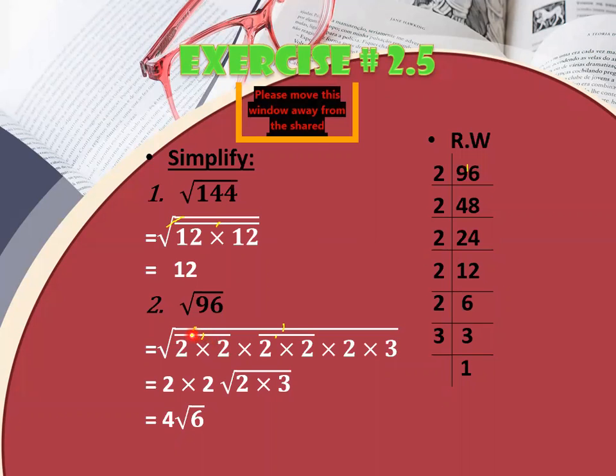Okay, by making the pair of the same number, it means I'm going to cancel this pair with this root. So what will be left? This 2 will come out from the square root, so it will become a single 2. Similarly, when you take this pair out from the square root, it will become a single number. But here you cannot make a pair of different numbers, so it simply stays inside the square root, and 2 multiplied by 3 will become 6. The number which is outside will also multiply, so 2 multiplied by 2 will become 4 under root 6.